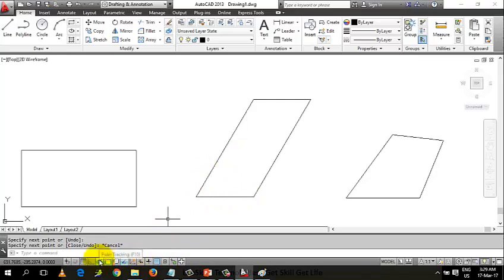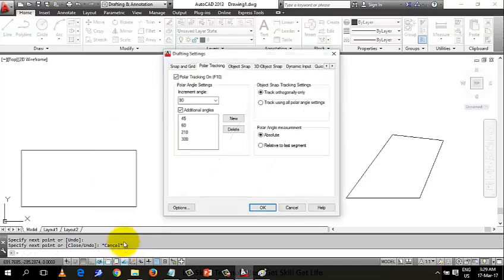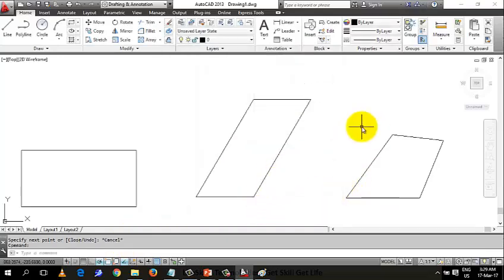By default, if I right click, there are some angles that are already there by default, 45, 30, 22.5. So if you enable them, they can work. But the best thing is to come to settings and add your own angle. So you can add your own angle, say OK there. Alright, so that is about